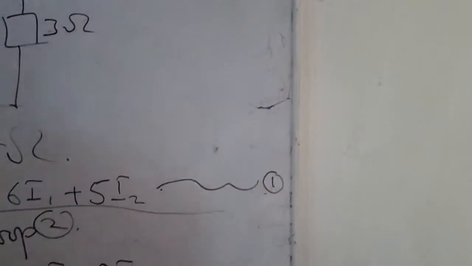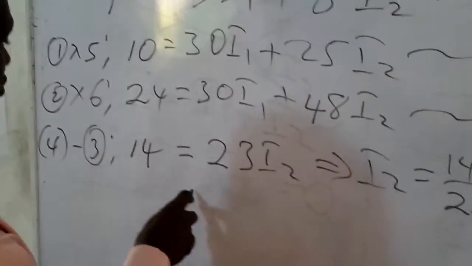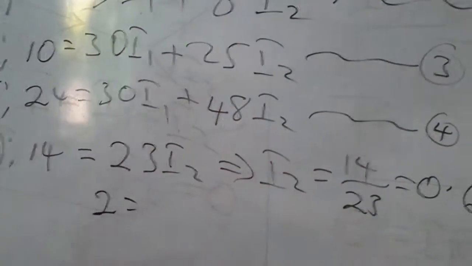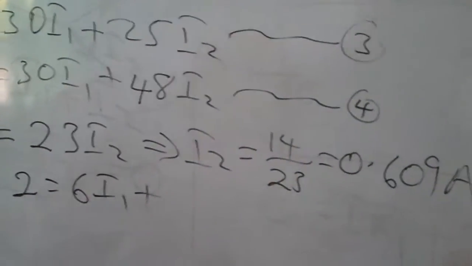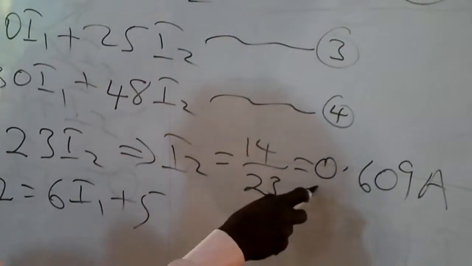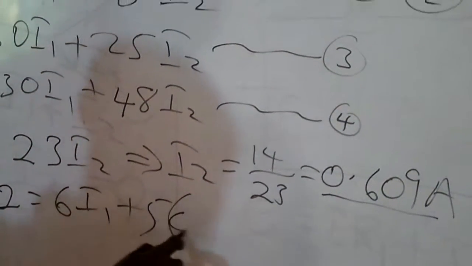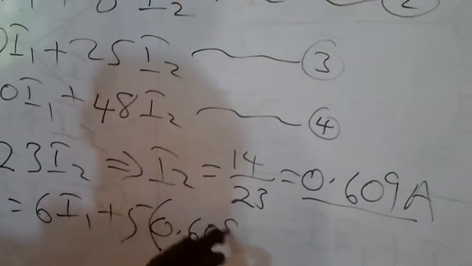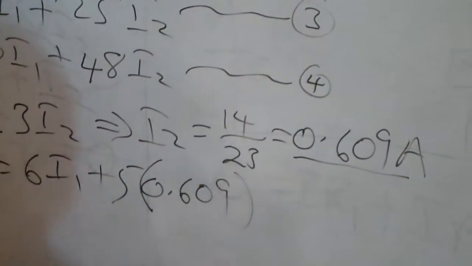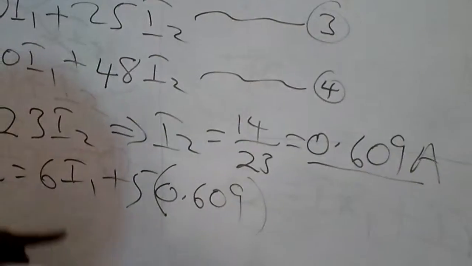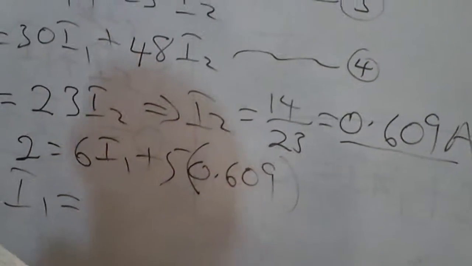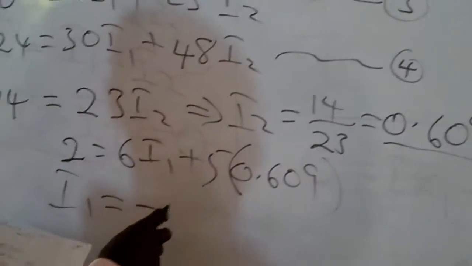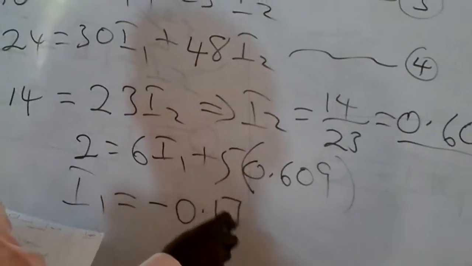If you put your I2 into equation 1 and then you solve, then you are going to arrive at 2 equals 6I1 plus 5I2, with I2 as 0.609. With this very simple equation, if you solve for I1, then you are going to have I1 to be equal to minus 0.174